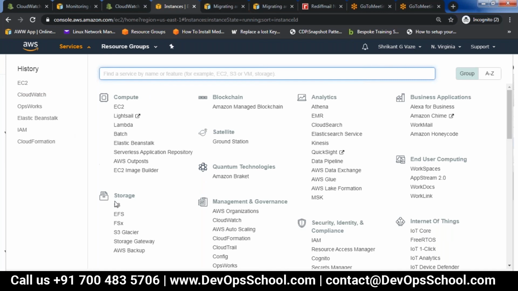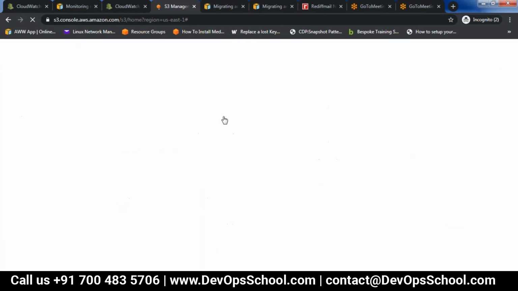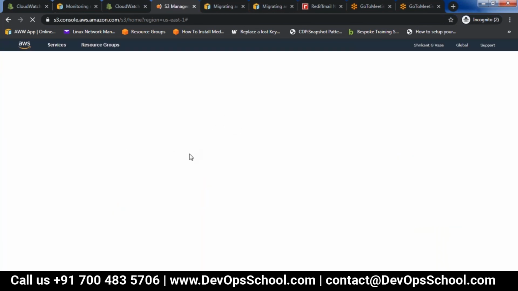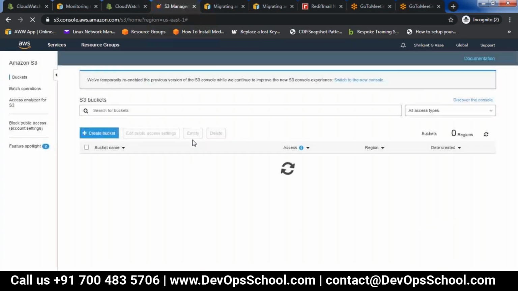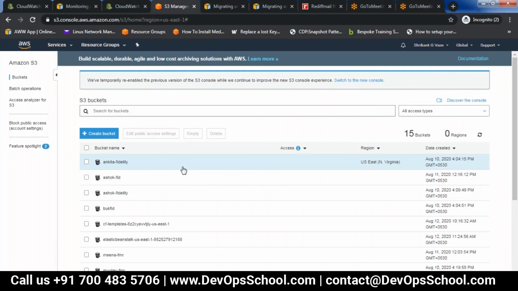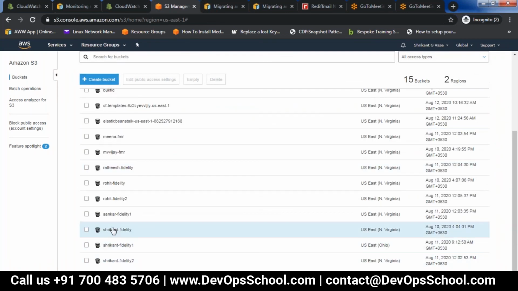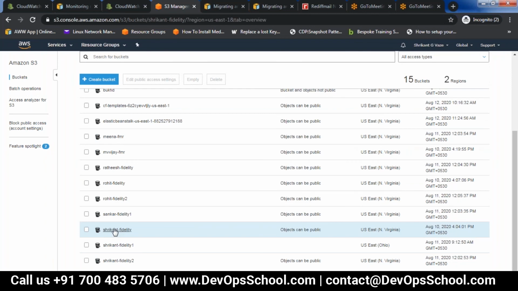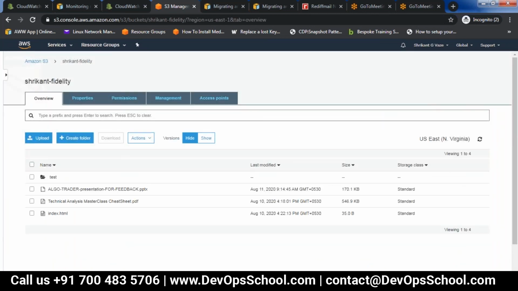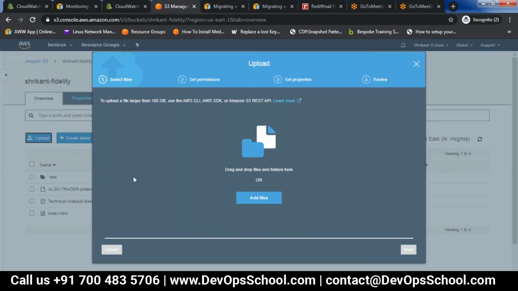So first of all, for demo purpose, I have created one bucket in earlier exercises. So I'll be using that bucket, and I will be uploading some file there. So this is my bucket, and in the CloudFront terminology, this is called the origin. And now let me upload a file here.